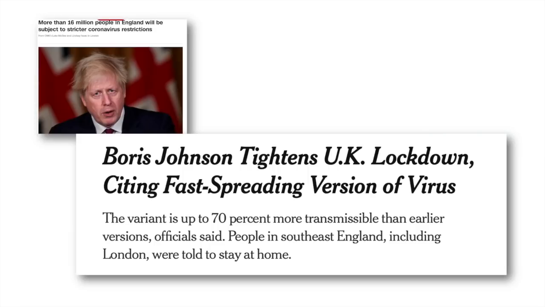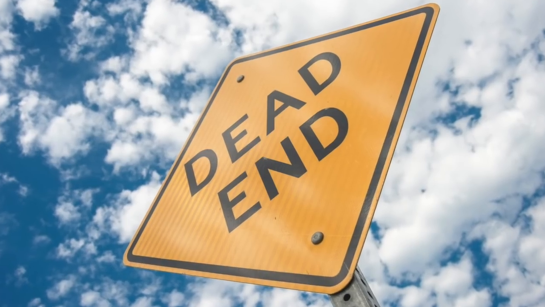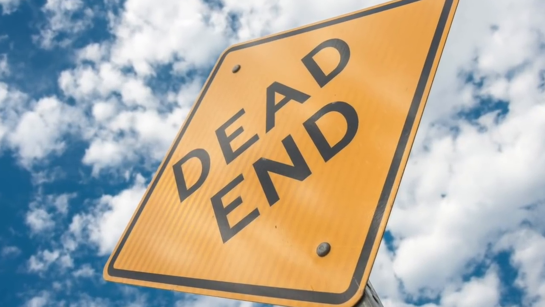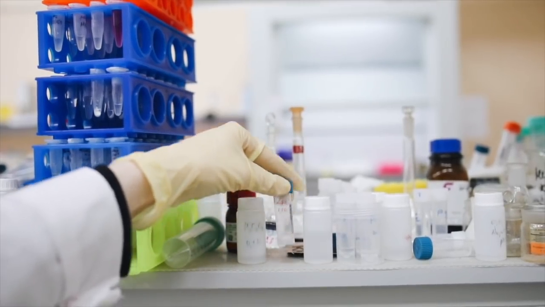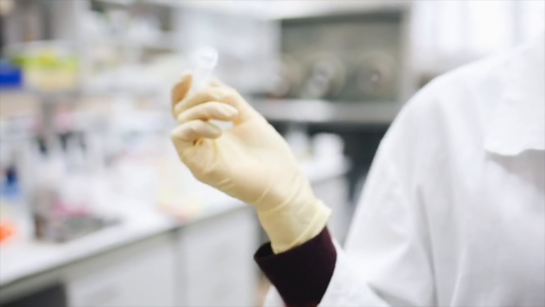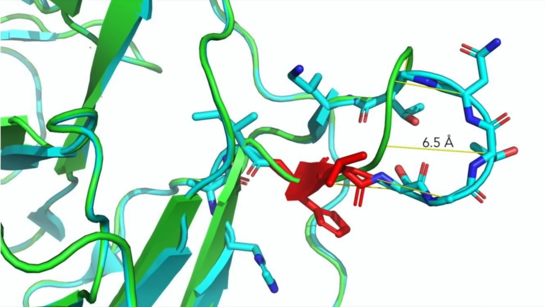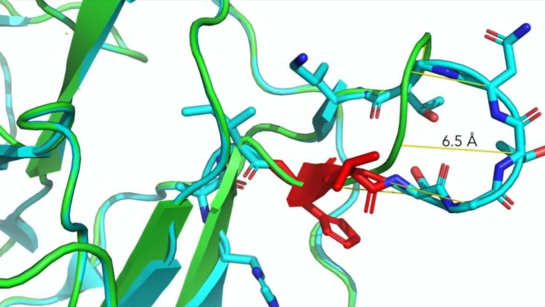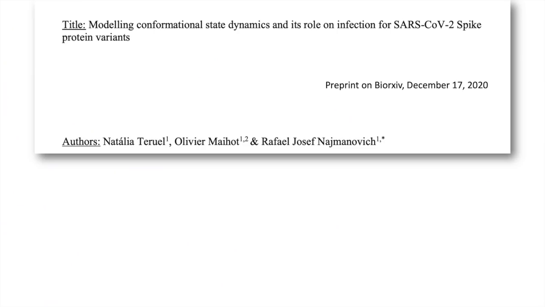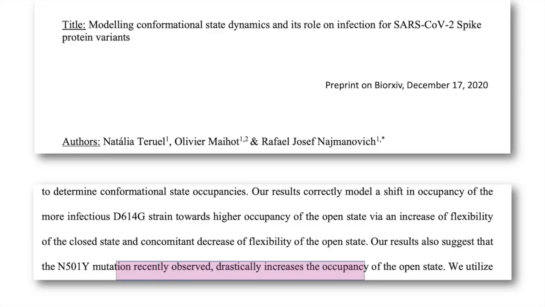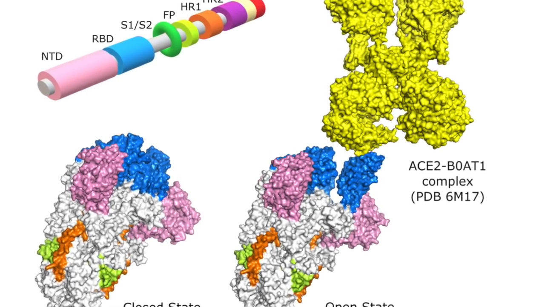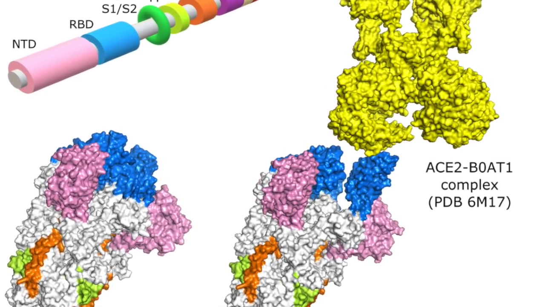Let's start with the claims. Boris Johnson said that the virus is 70% more transmissible, which was widely reported in the media. The truth is, this is where our knowledge about what's going on reaches its limits. Scientists can observe the mutations and how common they are. Researchers can use models to estimate the effect these changes have on how the virus functions. In fact, computer models have shown that this N501Y mutation could make the coronavirus really good at docking with ACE2 receptors. But ultimately, the effect in the real world is subject to many more confounding factors.